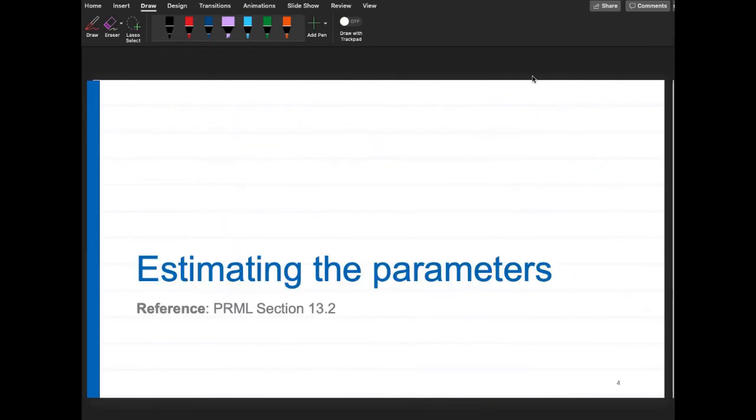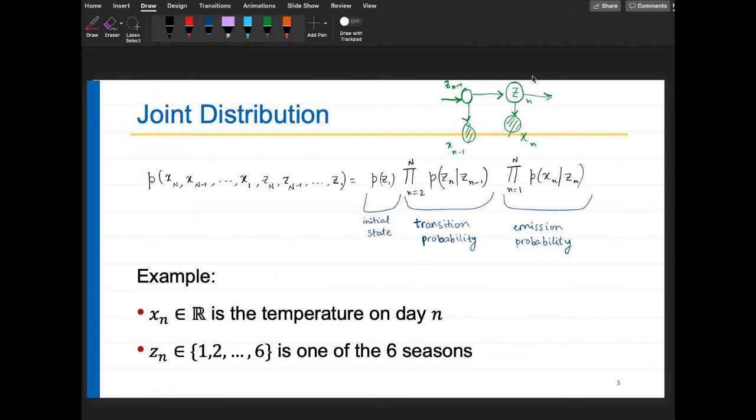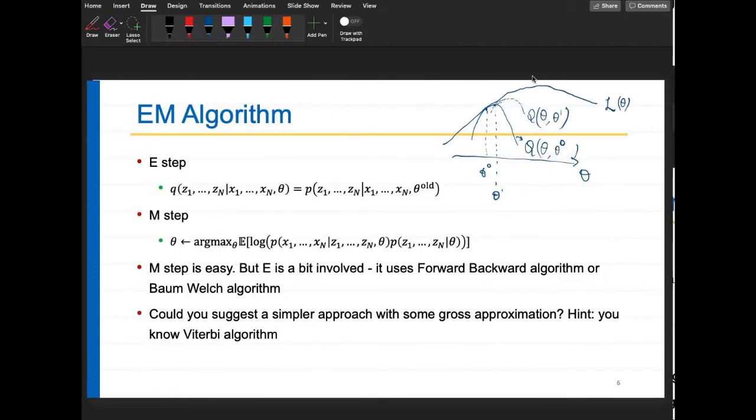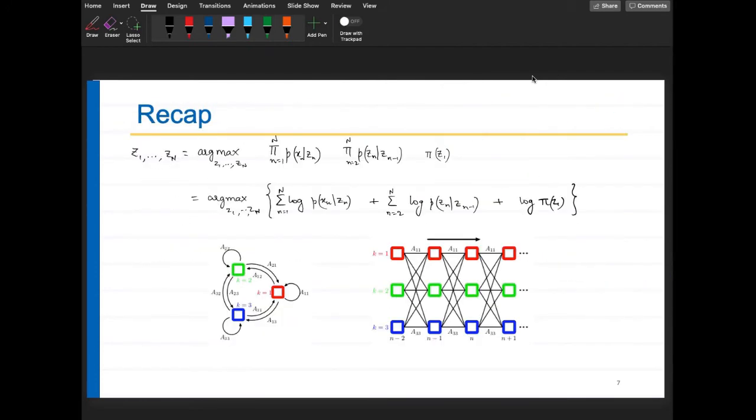Let me see if I have that figure. I have removed it. Okay, it's here. I have it. Okay. So this is a recap of the Viterbi algorithm. So what you basically do is you have your x somewhere here. You have x(n-2) emitted from here, x(n-1) emitted here, and x(n) emitted here, right?